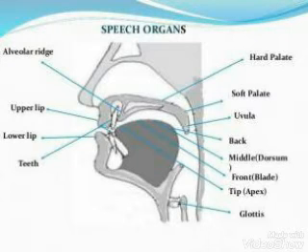Here are 25 organs of speech and their functions. 1. Lungs, or paru-paru. The function of the lungs is to be the source of air currents, which is an absolute requirement of the currents of language sound.